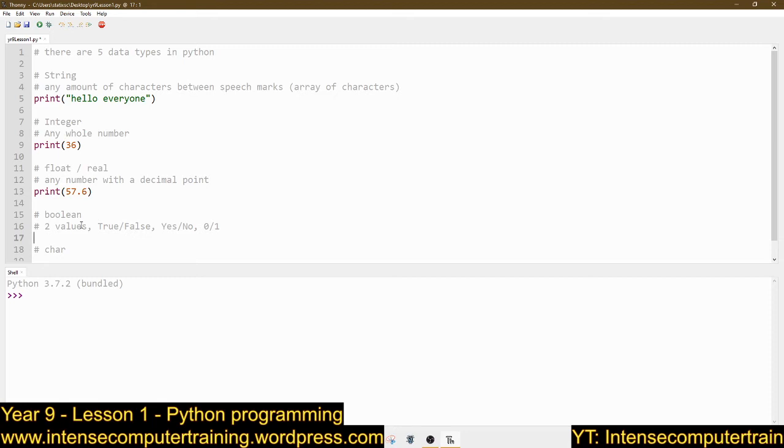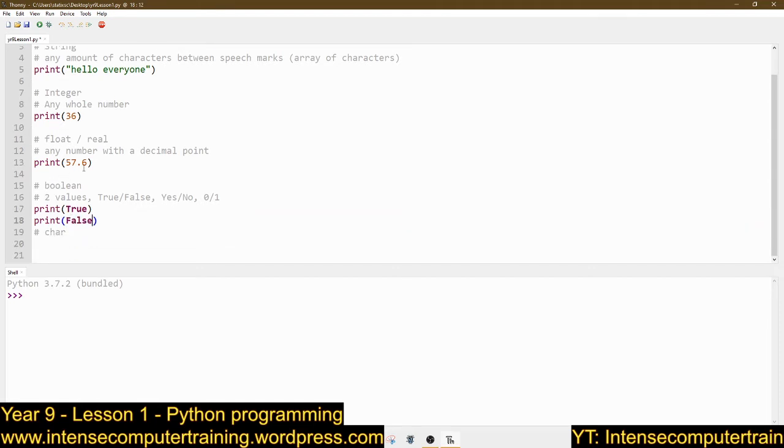Now in programming we have some specific values to be a boolean, so I'm just going to go print, and then the two values we've got is true, not in speech marks, true. It's gone purple because it's a reserved keyword, and I'm just going to print underneath it false. Oh sorry, I've got my keyboard set up to a different way of writing because I was programming before. Right, so print true and print false. It can't be anything else. It's either that or it's that, but in a program it would be either one of them. You wouldn't print it out like this.